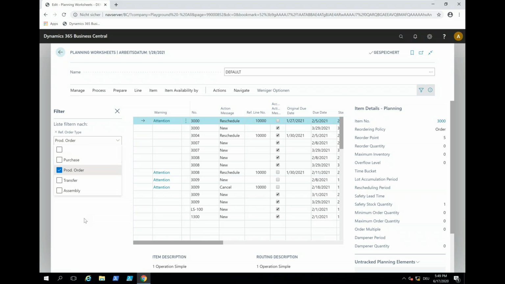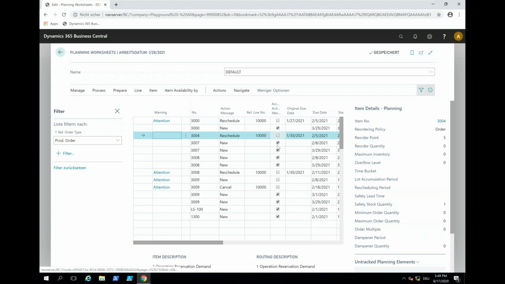And then we see that, based on my current MRP run, I would need to reschedule some production orders, which I don't want to do. I don't want MRP to touch my schedule. I will let it cancel one that is on my schedule, but I don't want it to create a new one. So you see that Business Central suggests I create some new production orders. I won't let